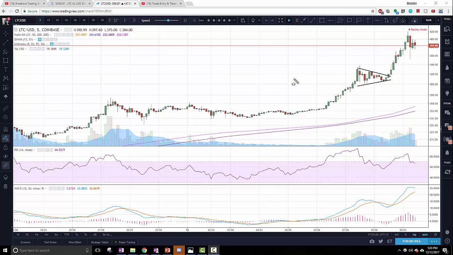This is how I was looking at Litecoin this morning. So we're looking at Litecoin on TradingView. This is the Coinbase chart right here. We brought the chart back. So we're recording this on 12/12/2017. This morning I placed a trade in Litecoin, and I was telling people that if Litecoin breaks 350,